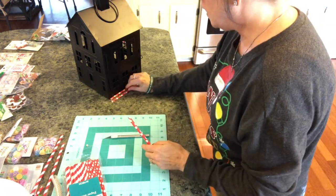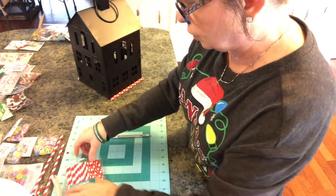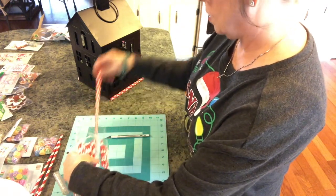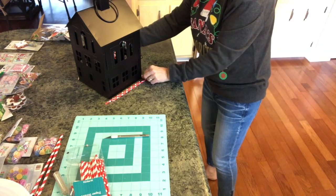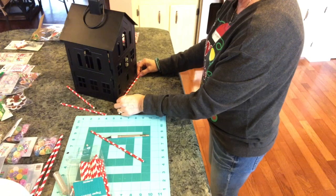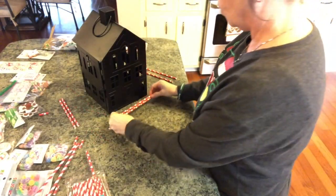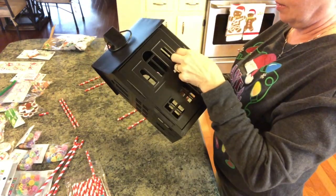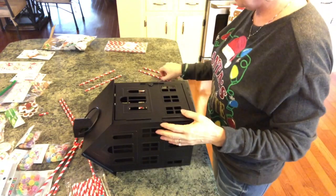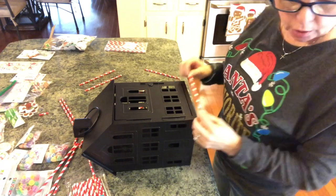Okay, so we have these 2, and then we have these 2, and then I'm going to cut 2 for down through here. So I know you know what I'm doing. All you have to do is just measure this and then cut it, and I'll be back when I start gluing. Okay, I have this cut, so what I'm going to do is latch this so it doesn't come open. I'm going to take the front and I'm going to glue this